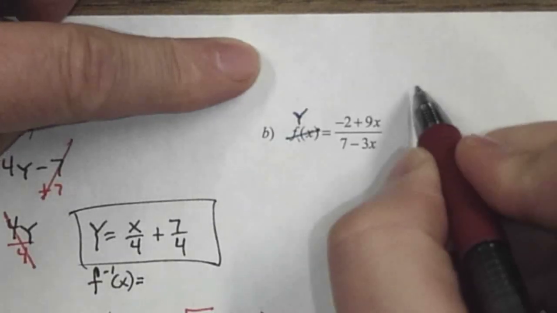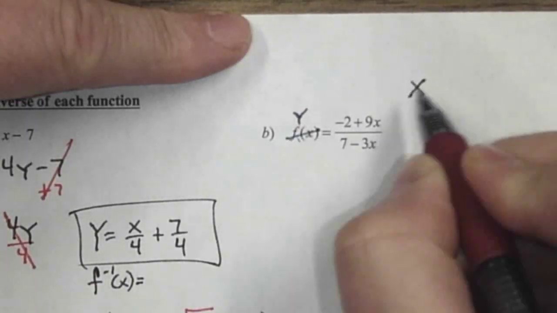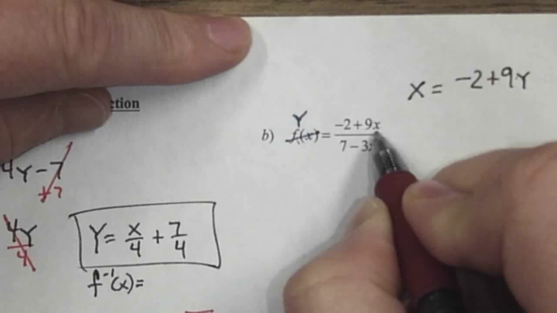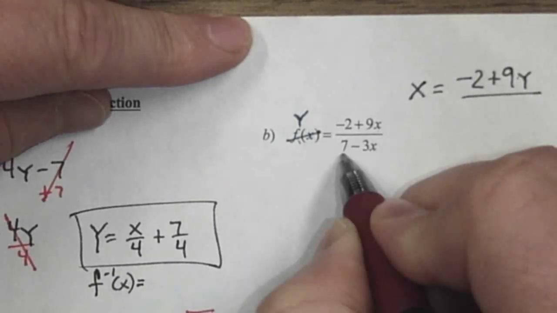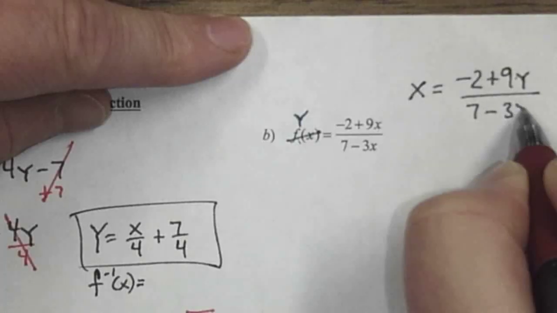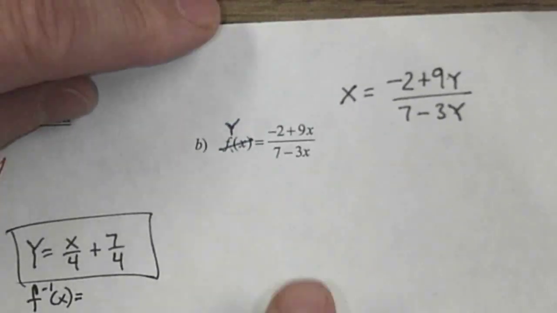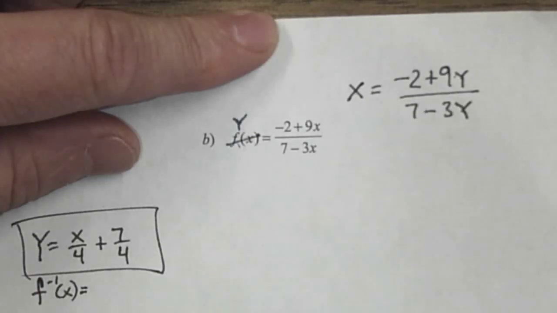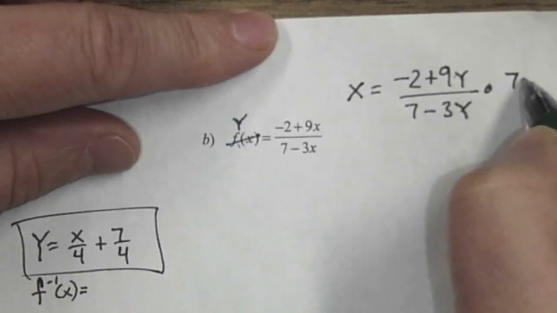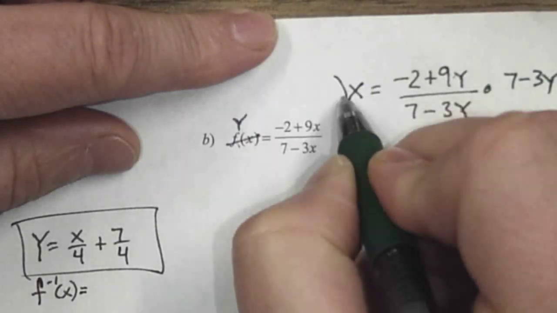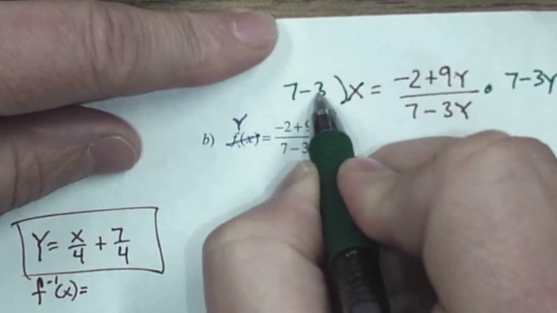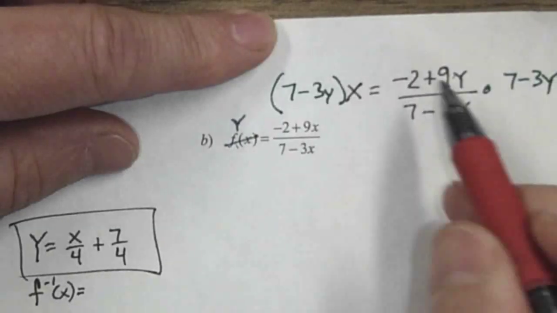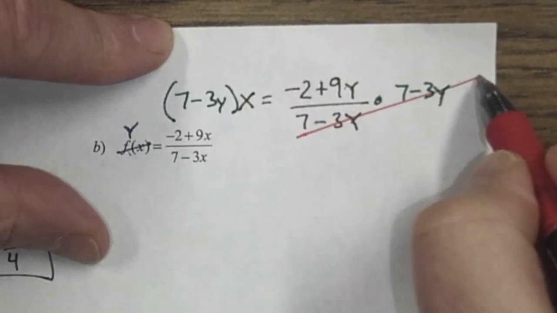I'm going to give myself a lot of room. I'm going to write x instead of y, negative 2 plus 9y instead of x, over 7 minus 3, and then another y instead of this x. So I rewrite it, switching x and y. Now, I'm going to multiply both sides by this denominator. Whatever this denominator is, multiply both sides. That will cancel out,